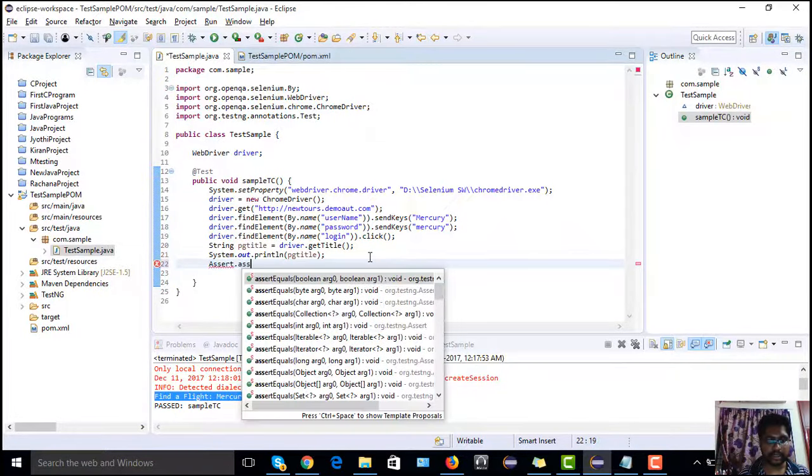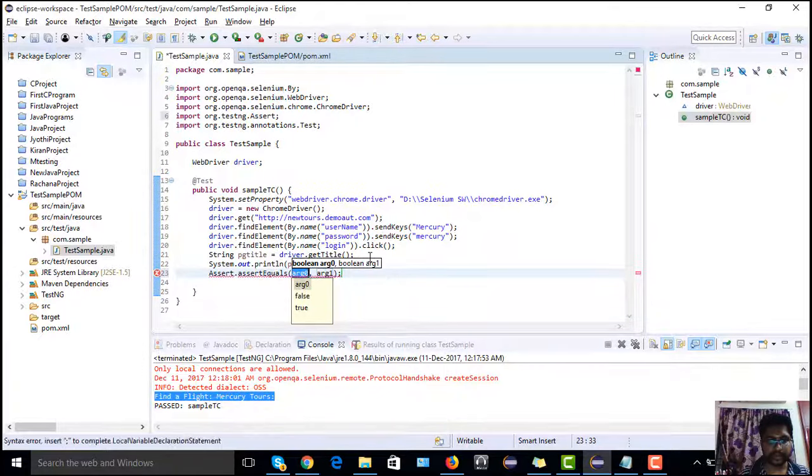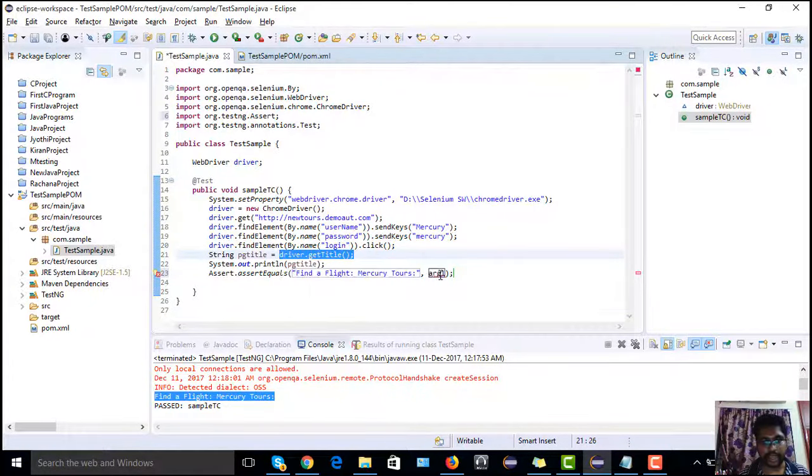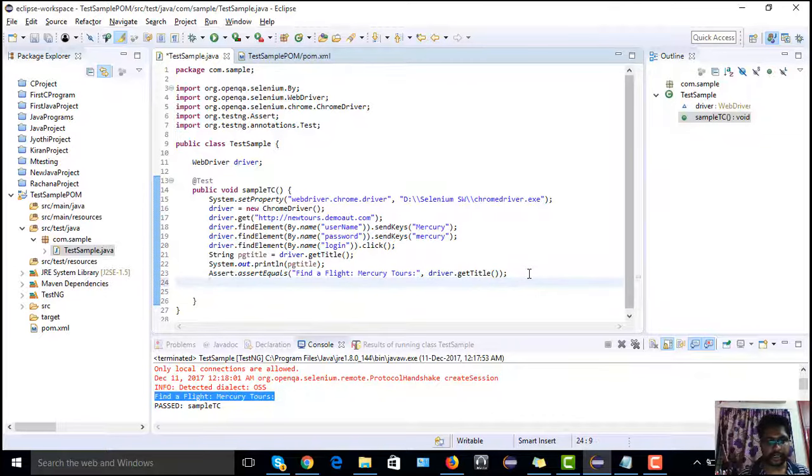So I can assert, the assertEquals, like the expected would be this, and the actual is this. Yes. And finally I can close my browser, right? So the command for that is driver dot quit. Yes. So this is a simple login test case where we are launching the browser,